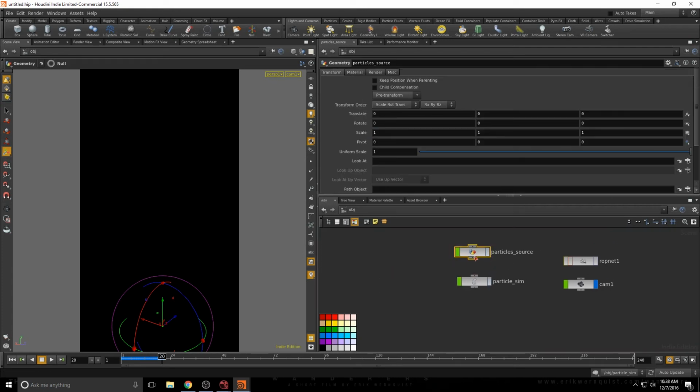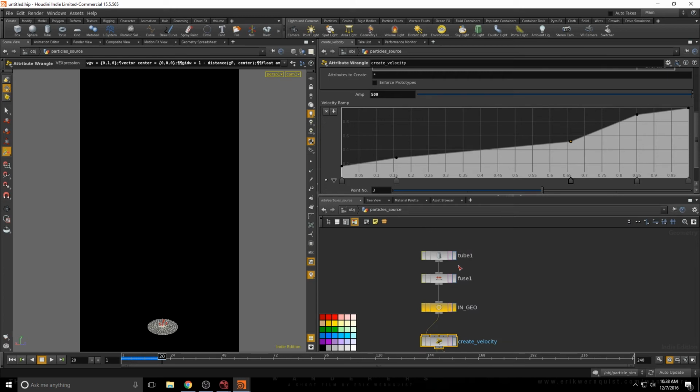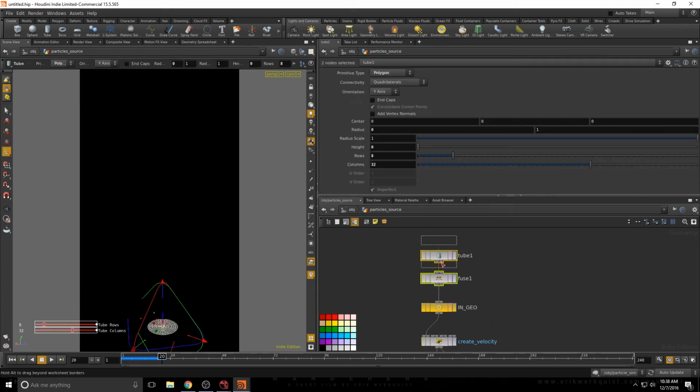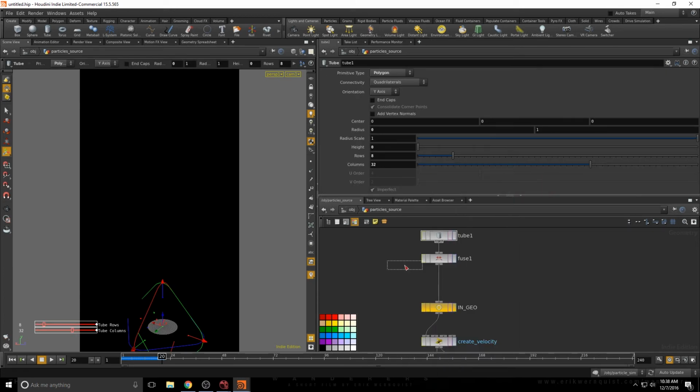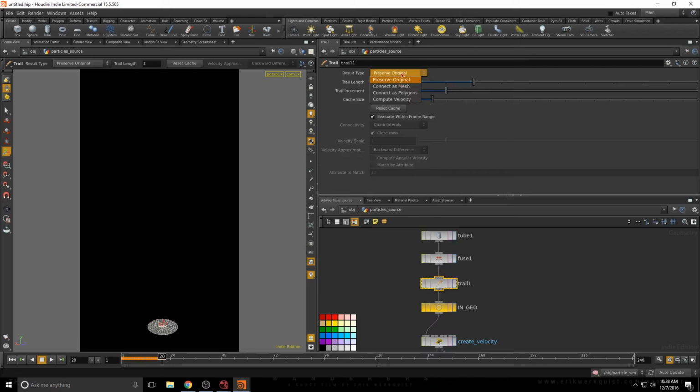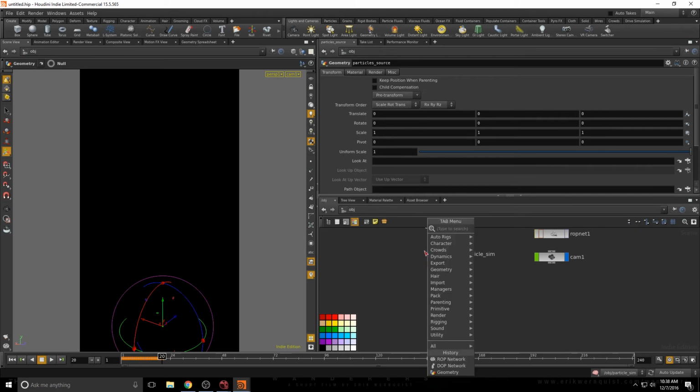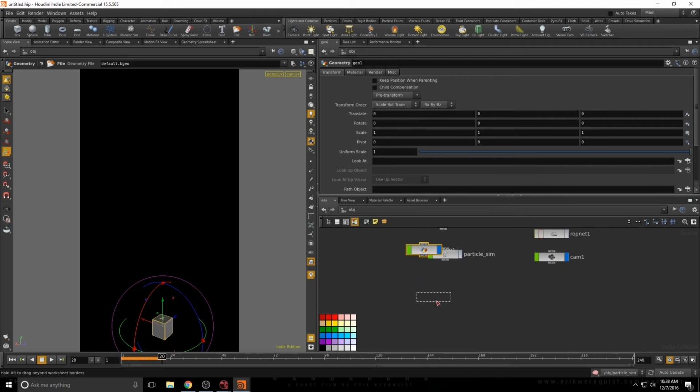Before I do that, I need to go jump back into source because I did forget one thing. Go here, move these up, and add a trail node to this here. Set it to compute velocity, and that'll enable us to get motion blur. So we just add another geo at the top level here. Call it